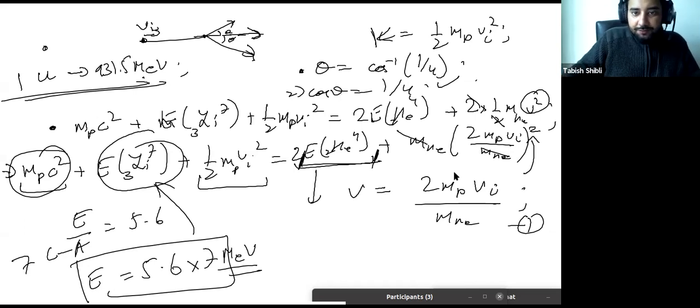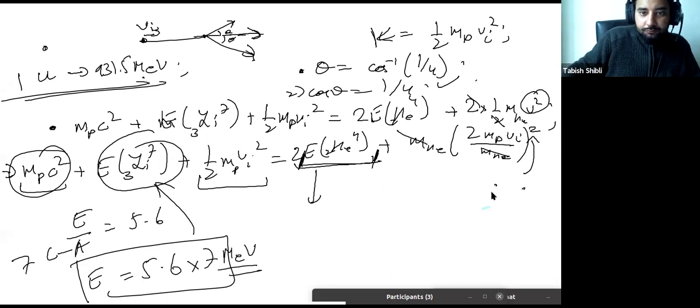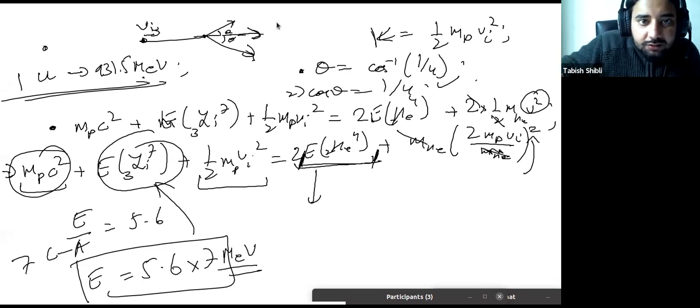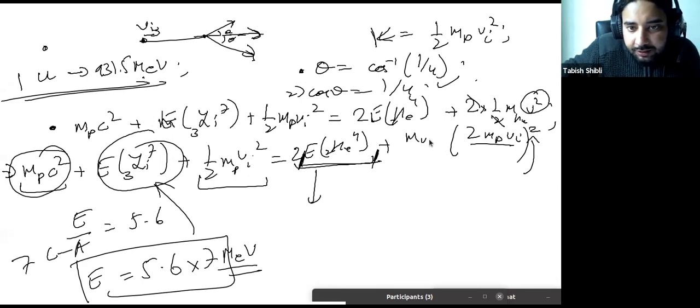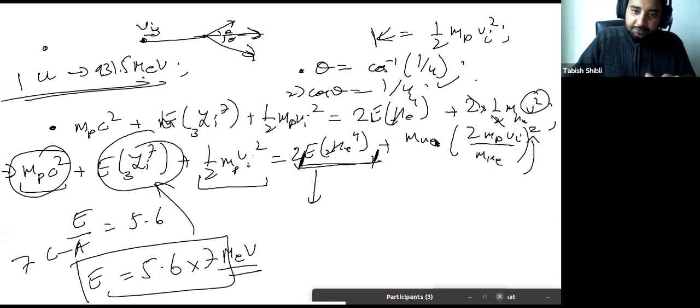So what will you have here? Grab this again. This won't really cancel out. I need to remove this also. You'll have mass of helium and mass of helium, right? So there's a mass of helium squared, and there's only mass of helium, so only one will cancel out.